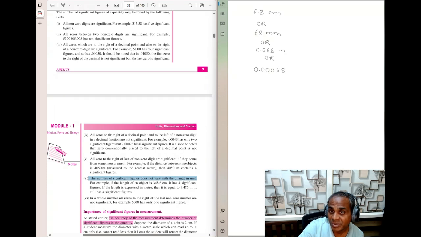Let's again see. This is nothing but 6.8 into 10 raised to minus 2. This is nothing but 6.8 into 10 raised to minus